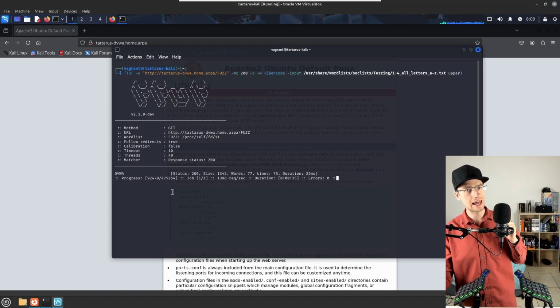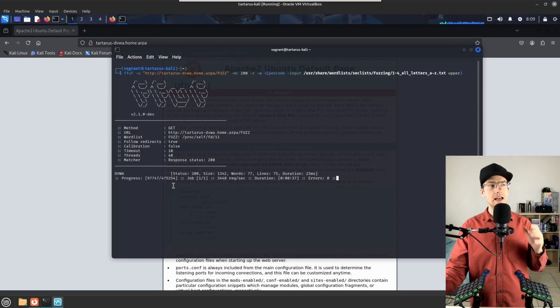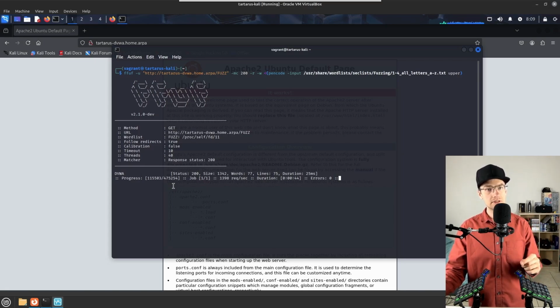However, that comes at a cost. It is incredibly loud on the receiving end. This may even, in some instances, be misconstrued as a DDoS attempt. So you have to be very careful with this on your targets. But we can see here, there is a subdirectory that it's found,